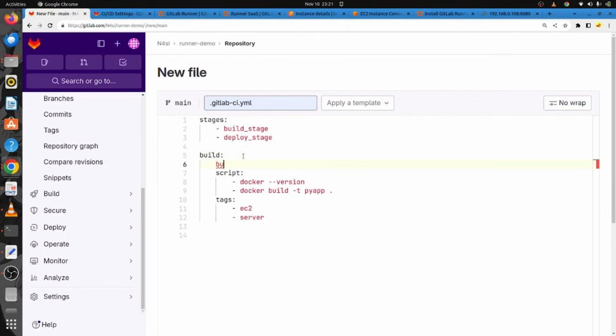So I'll say stage is going to be build_stage. Alright, similarly I'm going to create a new job which is the deploy job. So let's create it, and the name for the job is deploy. The stage belongs to the deploy stage,